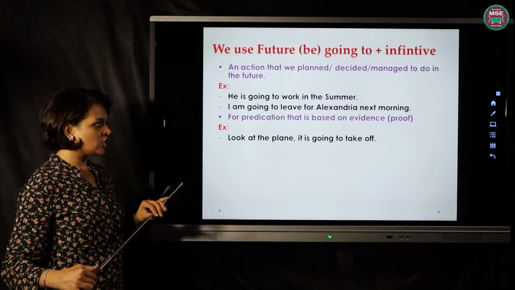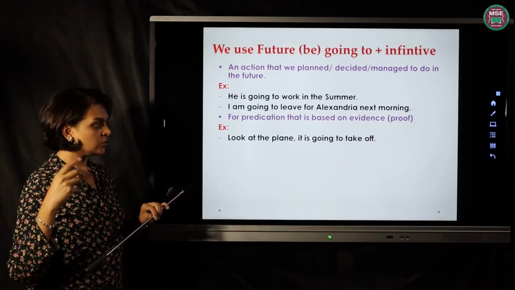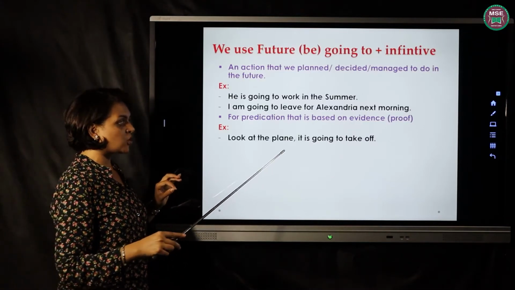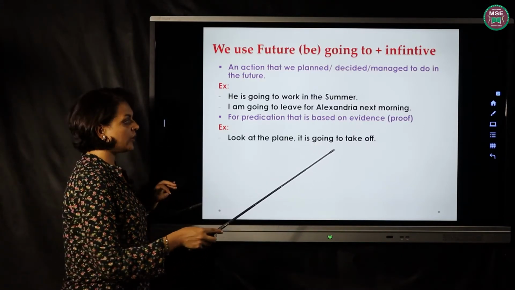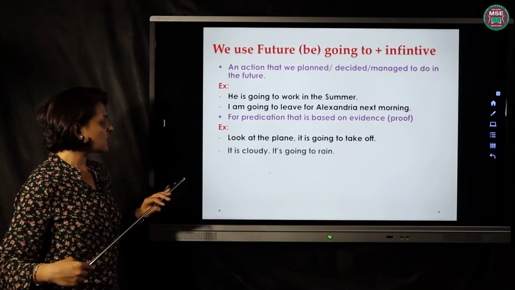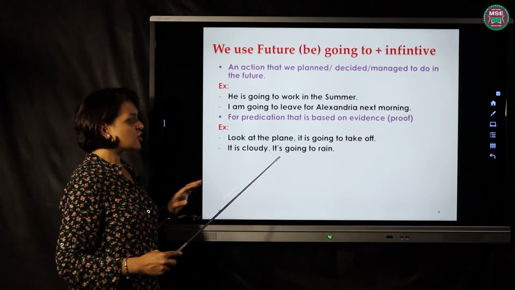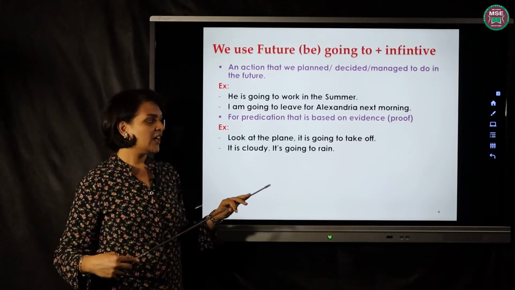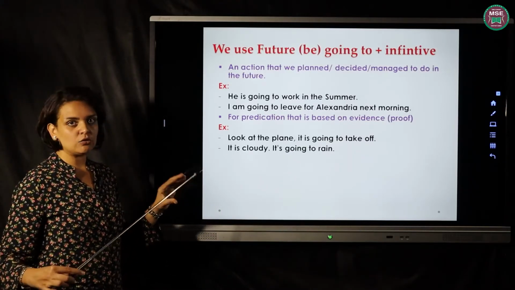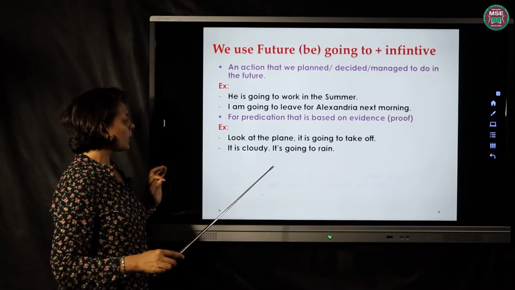The engine is working and you are aware that it's going to fly, it's going to take off. The next one, it's very cloudy today. The weather is very gloomy, so it's going to rain. It will not be sunny tomorrow, of course.